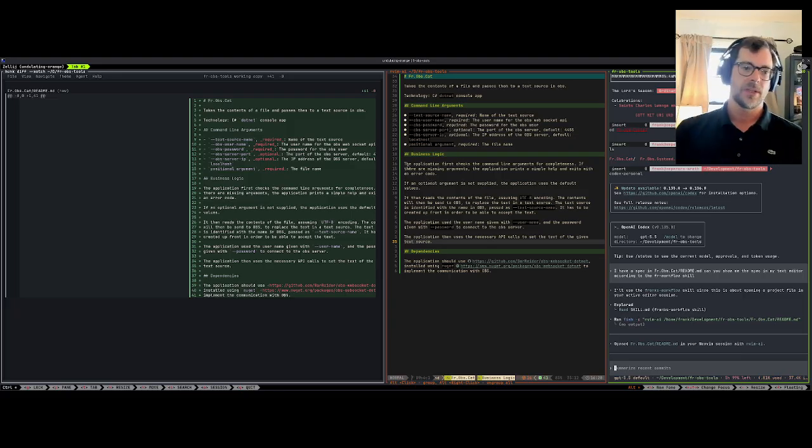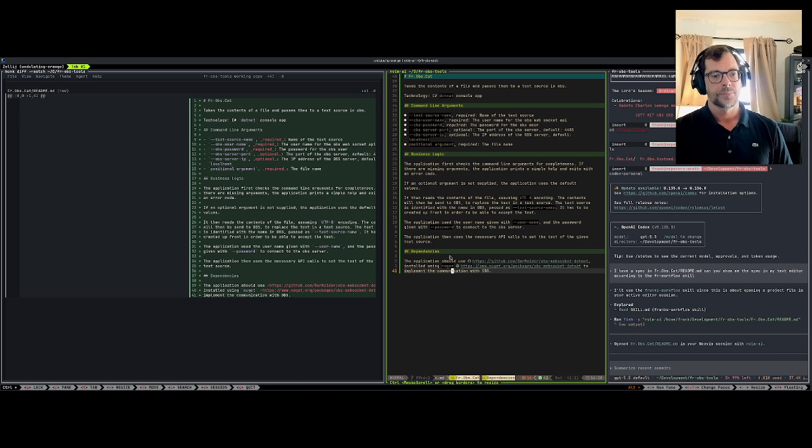And then there's a business logic described, that basically the application checks the command line arguments. If there are missing ones, it prints a simple help. If one of the optional arguments is not supplied, it uses the default, which is here for the port number and the IP: default 4455, default localhost. And then basically it takes the file, reads the contents, puts the message together and sends it. The only thing I said basically is that it should use this OBS WebSocket library. So that's what I want to run with, right? So let's see what happens if